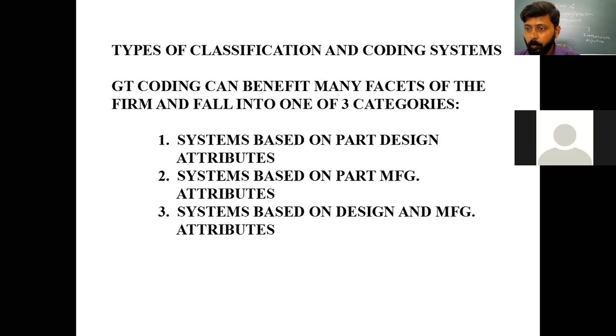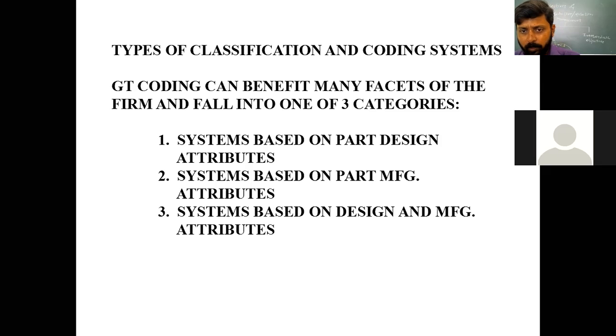Okay, now why are we discussing coding the part? Because visual inspection is a very basic type of inspection. In that we have seen that an experienced person visually inspects the component. In the second system we have only manufacturing data or information available in the production flow system. And in the third system we are using classification and coding, which is much easier and authentic, and error-occurring scenarios will be very few in this case. So that is why the classification and coding system is used maximum in industry.